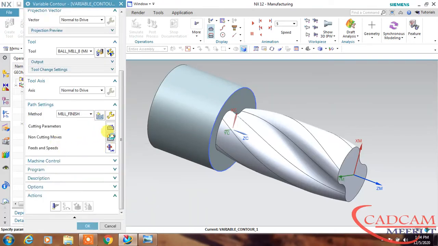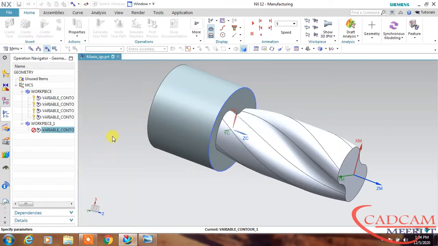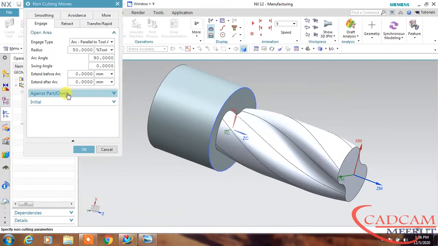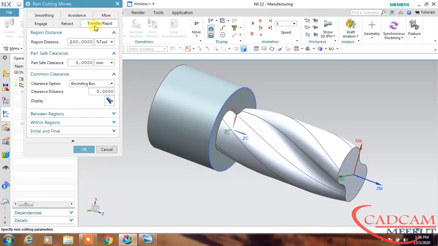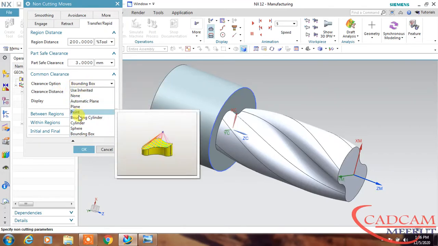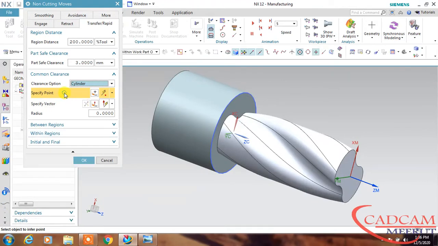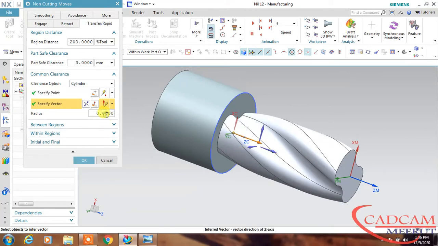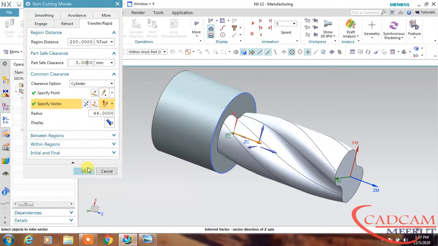And in non-cutting parameter we have to define things, so in non-cutting move we will go to this transfer rapid. Here in transfer rapid I will change this common clearance to cylinder because my object is cylindrical, and the center point is this, and vector is this, and the approximate radius is 44, and click OK.